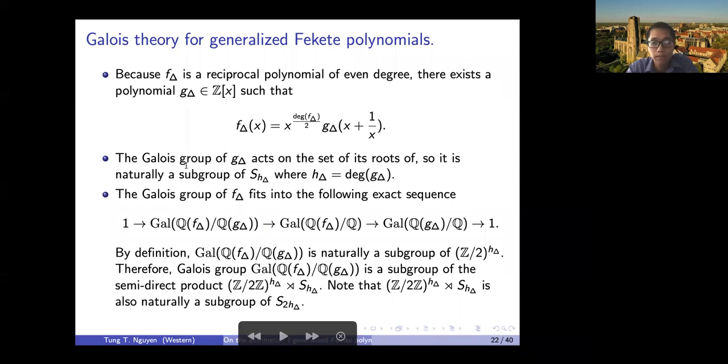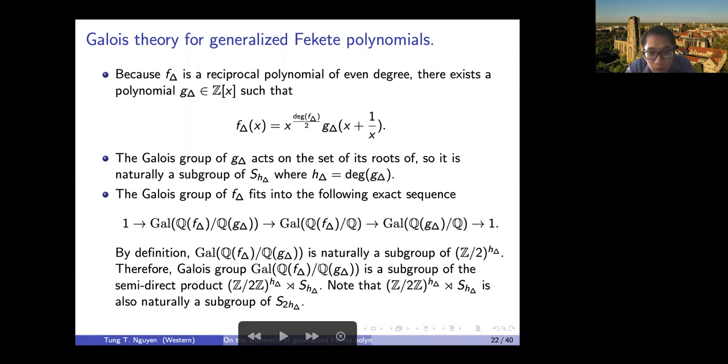The Galois group of g delta has to be a subgroup of S_{h delta}, where h delta is the degree of g delta. We act on the set of roots and it permutes the roots. That's why it's a subgroup of S of h delta. And the Galois group of f delta fits into the following exact sequence. First of all, we have the projection onto the Galois group of g delta. And the kernel of this is the Galois group of Q(f delta) over Q(g delta). By definition, the roots of f are obtained from the roots of g by solving the equation x plus 1 over x equal to the root. So naturally, this first Galois group has to be a subgroup of (Z/2)^{h delta}. So in total, we see that the Galois group of f delta